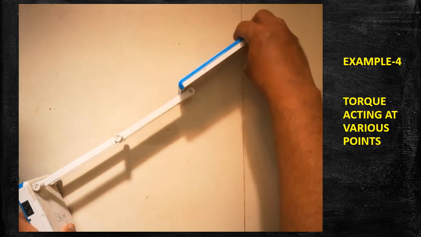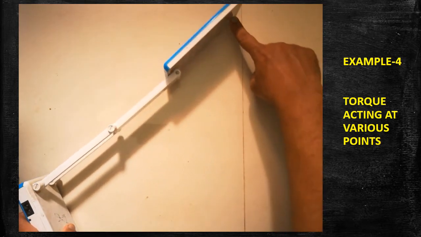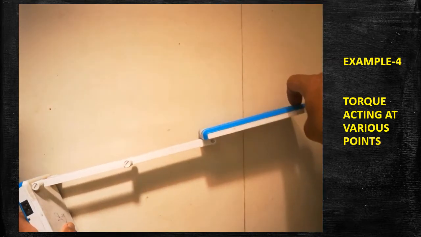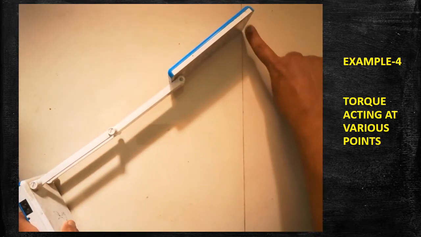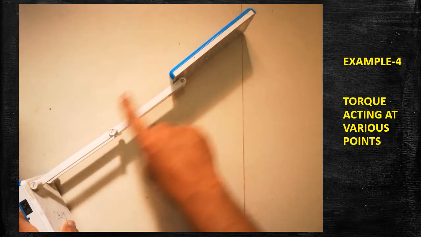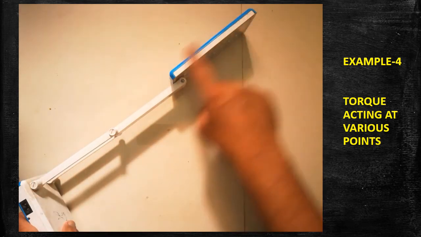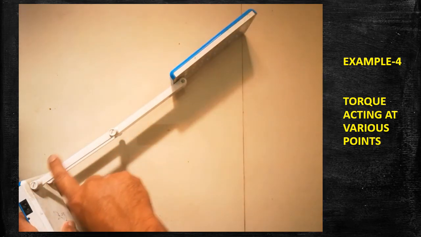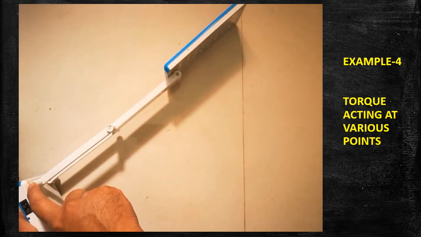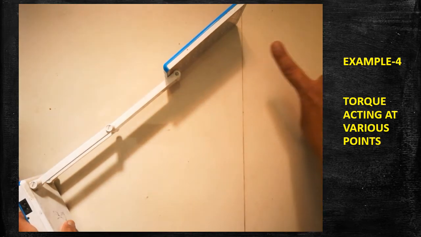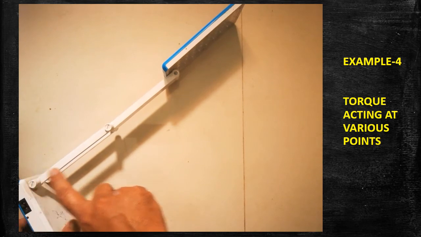Now I am applying the force here. Are you clear? Either you can apply the force in this direction or in this direction. The torque will be acting here, because perpendicular to this distance, which length must be taken? This length must be taken. From the fixed point, this one should be taken as the position vector. So this one becomes R, this one becomes F. So torque will be acting here. Are you clear? Always remember that force into perpendicular distance causes the torque. Are you clear?